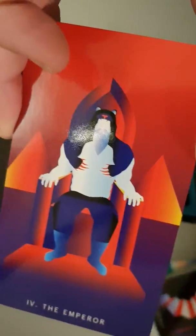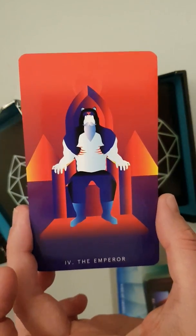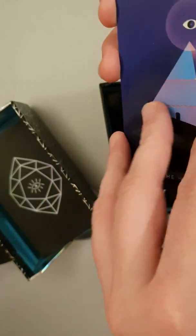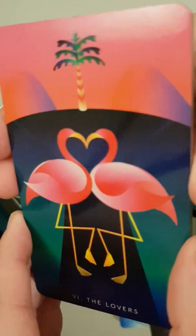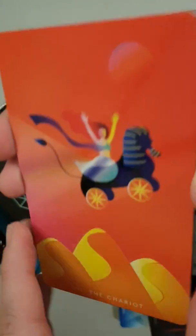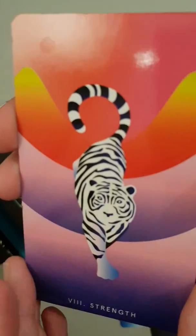I'm going to do these in the chunks that they seem to be stuck in at the moment. Let's see if I can do these a bit quicker. So there you go. Focus on that, please. There you go. Emperor, Hierophant, these are really stuck together. The Lovers, 2 flamingos and a palm tree. Chariot, Strength,